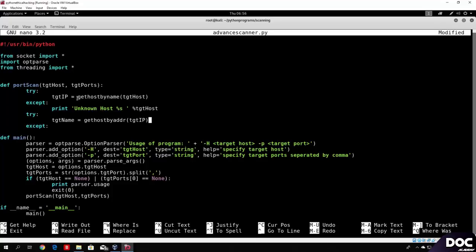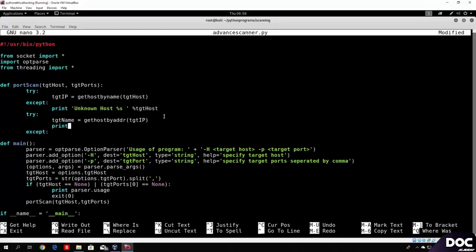This one gets the IP address from the host name, and this one gets the name from the address. So right now, once we actually type that, we want to print, and let's add a plus right here, and let's print scan results for, and then we can add the target IP. What this will do is print out scan results for that IP address, or no, we want to actually